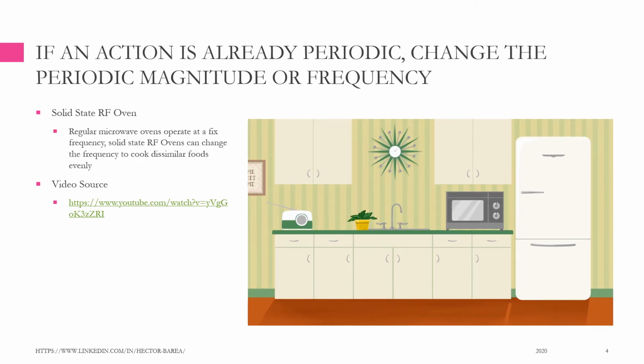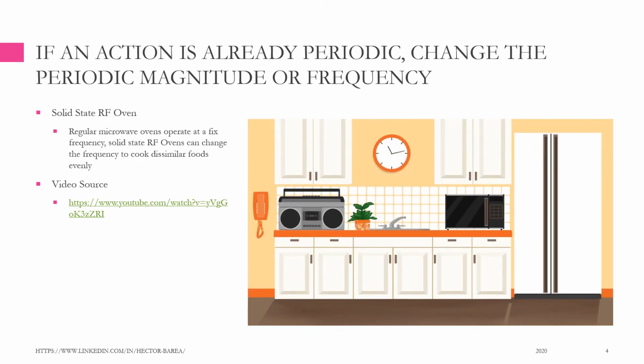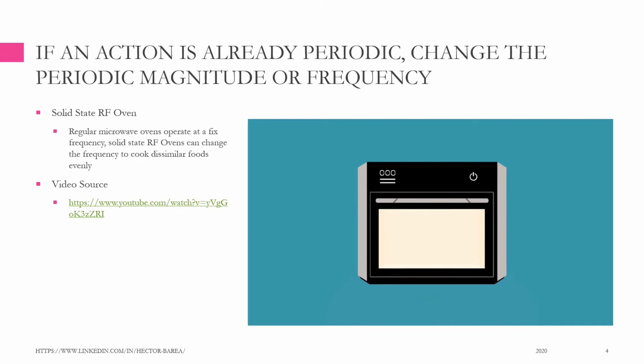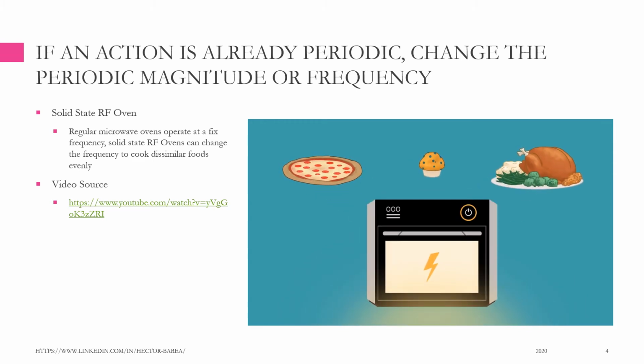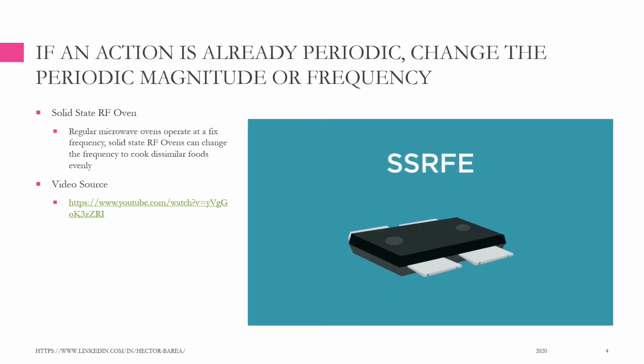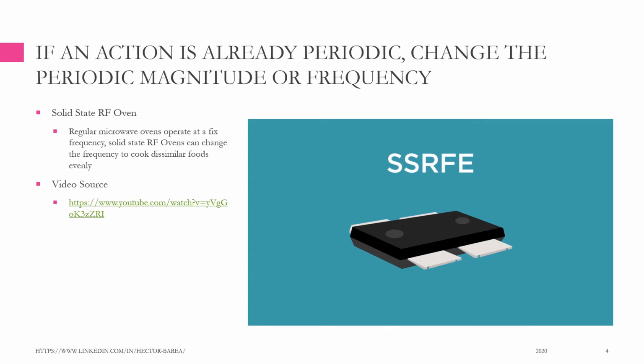Although our kitchens and appliances have significantly changed in recent times, the fundamentals of how we cook our food hasn't. Today, there is a new cooking appliance revolutionizing the kitchen industry, which uses an advanced technology that can specifically tune the amount of energy it delivers depending on what food is being cooked. This technology is known as solid-state RF energy, which uses semiconductors to create and amplify RF energy, thoroughly cooking a